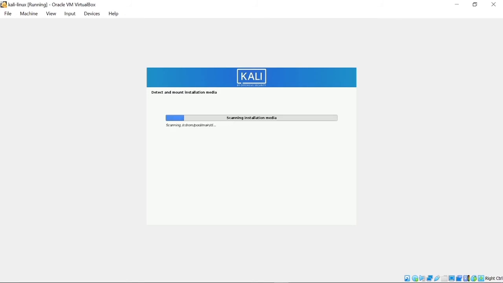It's going to say detect and mount a CD-ROM. It's just going to start reading from the ISO, so give it a few seconds. It's just going to read all the files it needs.